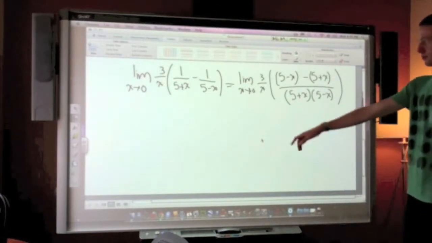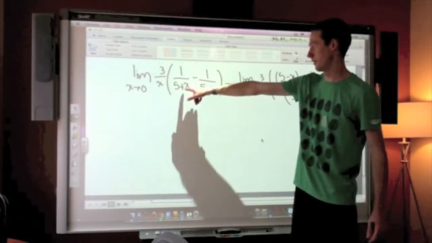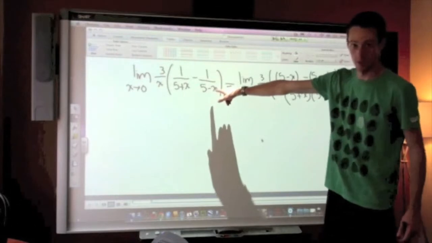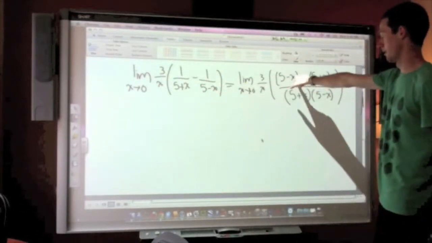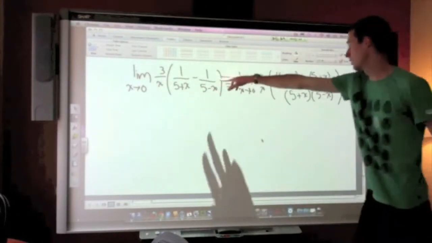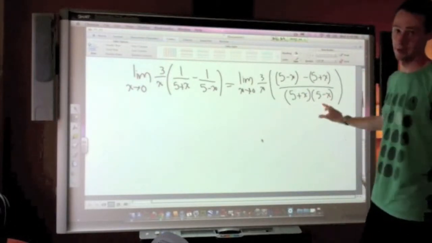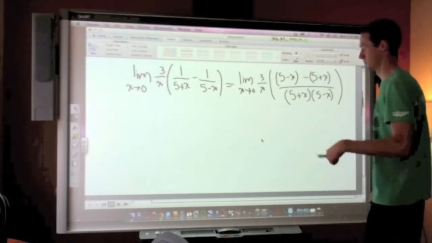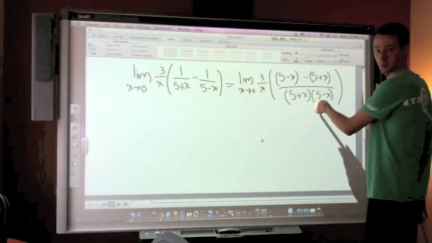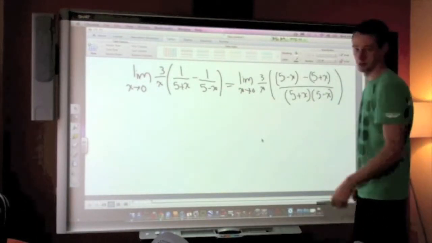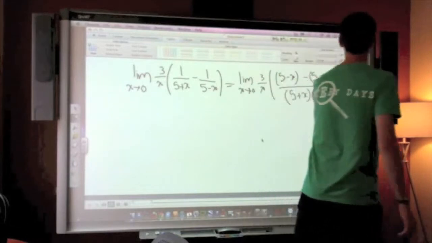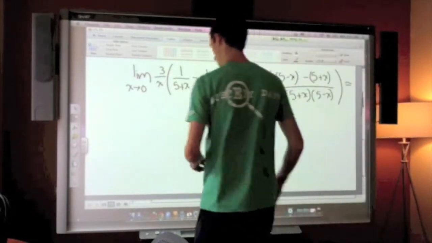So when we go ahead and multiply this bottom one here by 5 minus x and this one by 5 plus x, you see that what we get up top is 5 minus x minus 5 plus x, and we get the common denominator of 5 plus x times quantity 5 minus x on the bottom. So we're going to go ahead and multiply this one out and subtract these accordingly to simplify it down. So this is going to result in